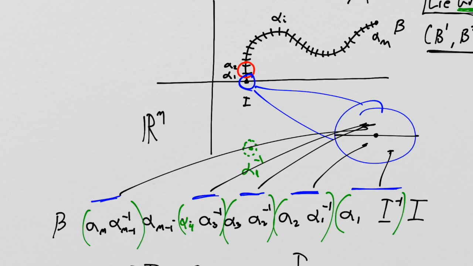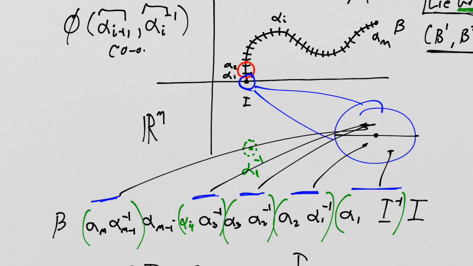So how do we exploit this? Well, now we think of this in terms of our composition function, which is a real mathematical function. We're interested in the composition function along this particular line of alpha I plus 1 times alpha I inverse, right? And because we have continuity and because we're dealing with a manifold, these things can be understood in terms of coordinates, right? And that's really important because that allows me to write this as